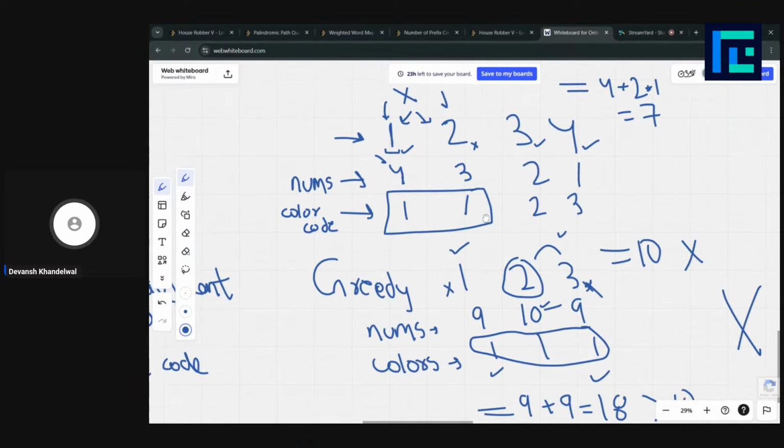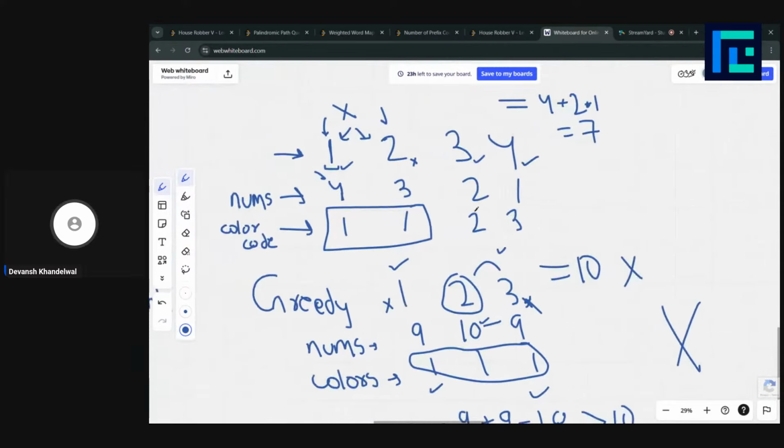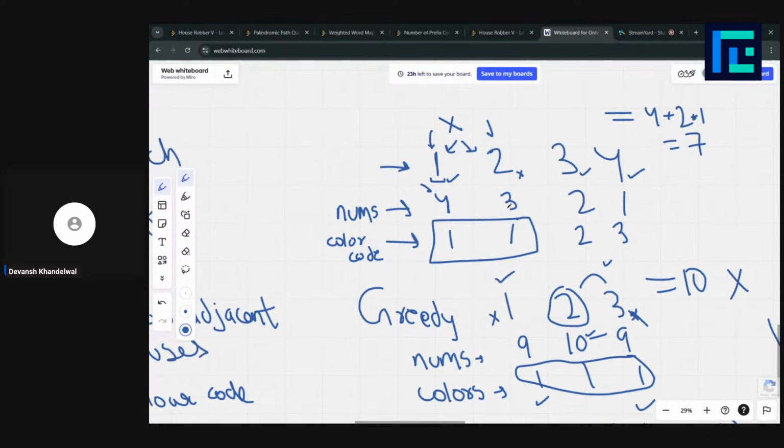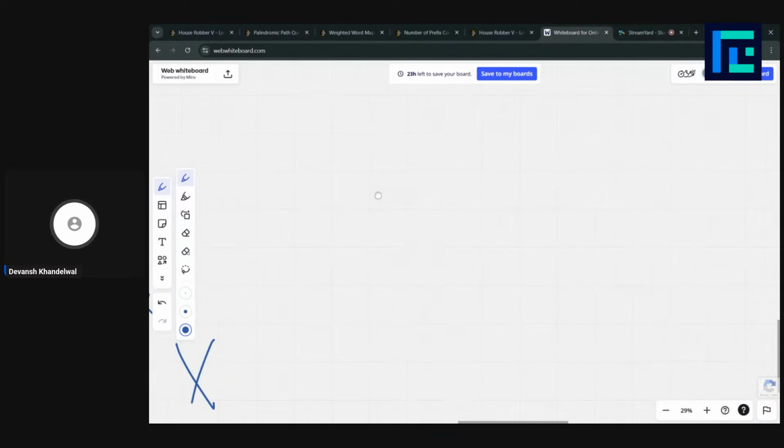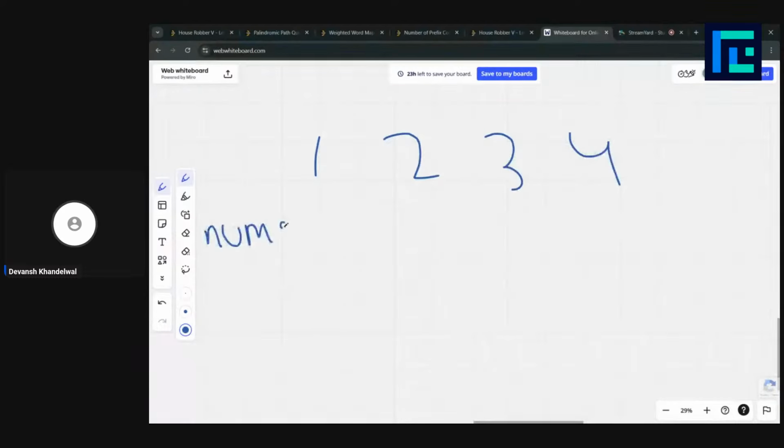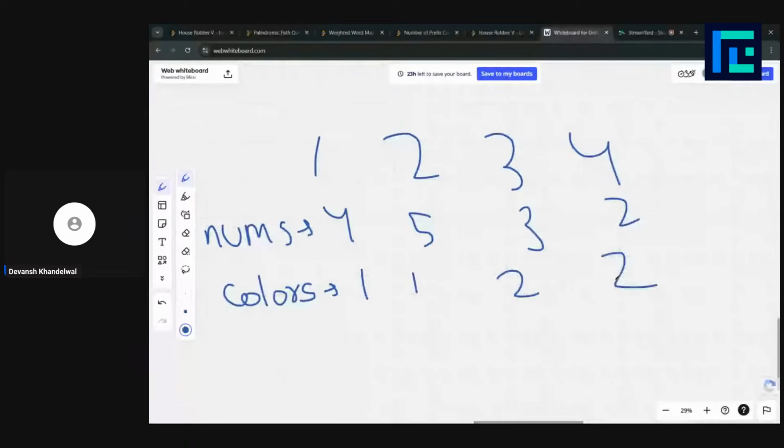There is one thing that you need to observe: when are we going to choose? Let's say we have four houses, and the amounts are some arbitrary numbers: 4, 5, 3, 2, and the color codes are these.